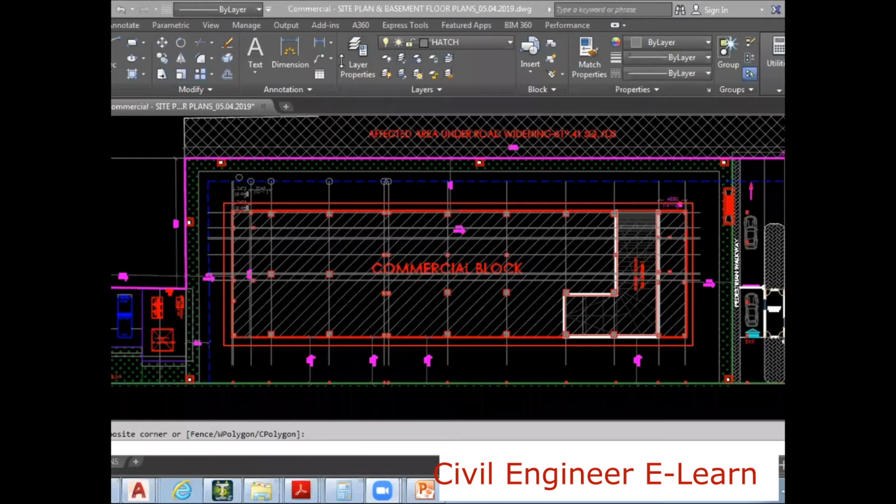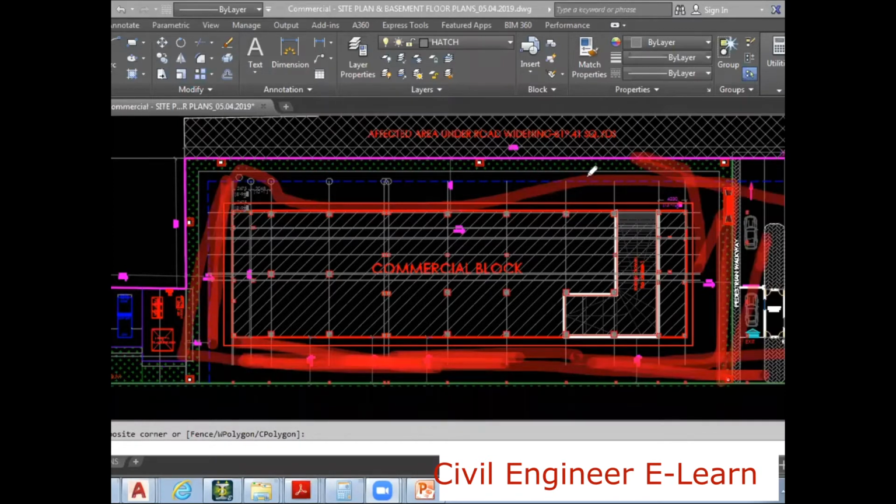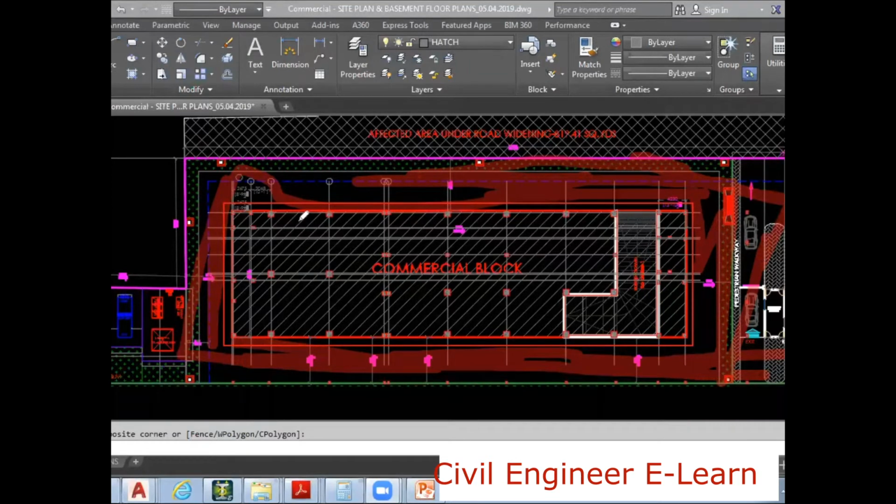I can show you here again. This portion around this building is not continued to the terrace level. Only this central portion or core portion of this tower has been continued to the terrace level.